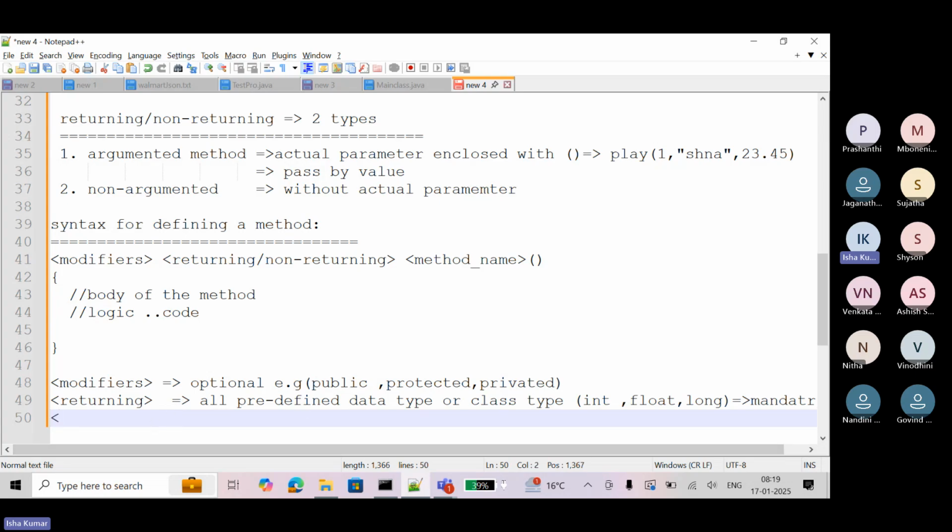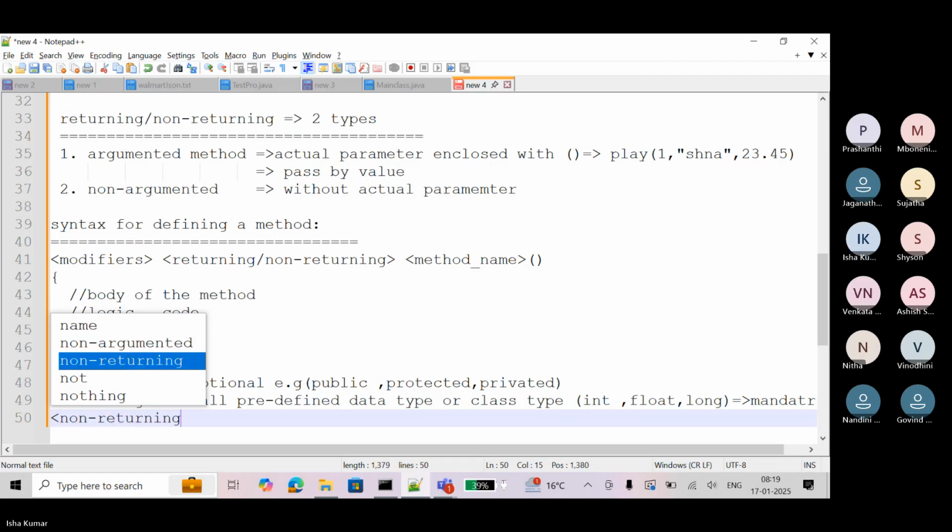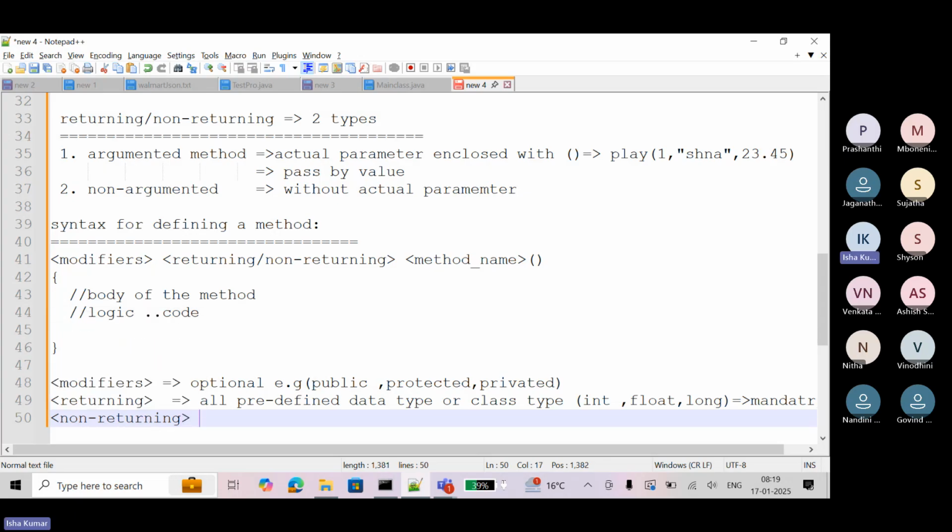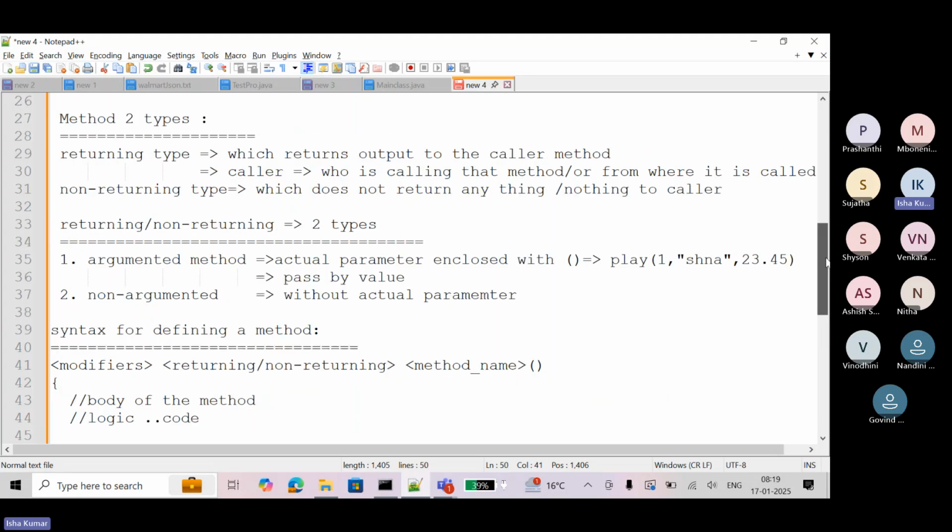Non-returning type is only void. Only void. Void means it does not return anything. It is also mandatory. Non-return, which does not return anything to caller, and that is void.